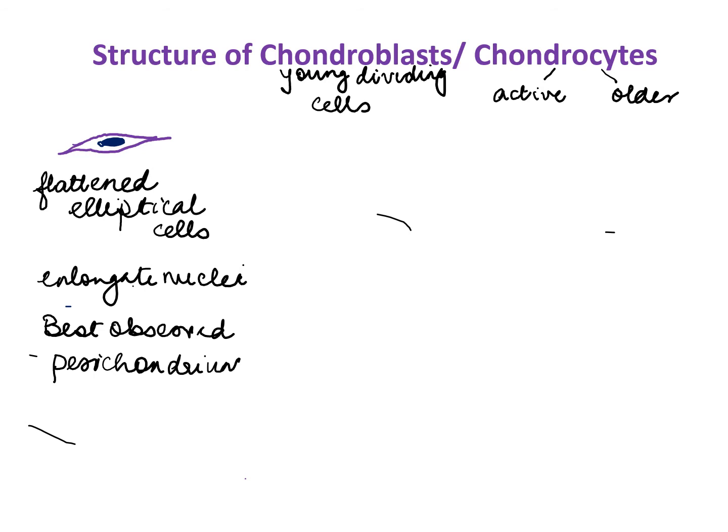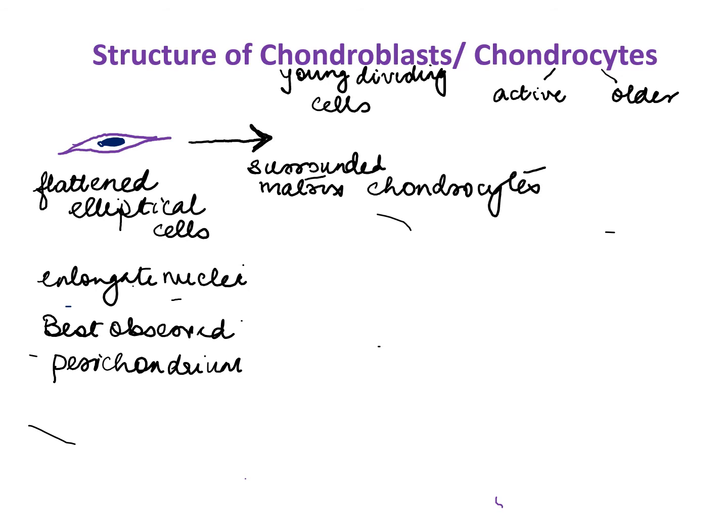Below the perichondrium, if you remember, we had made these young cells. So they are best observed there. Then come on to the chondrocytes. The chondrocytes, so what has happened? These chondroblasts, when they become older, when they get surrounded by the matrix which they are secreting, which they are only secreting, form chondrocytes, right? An active chondrocyte